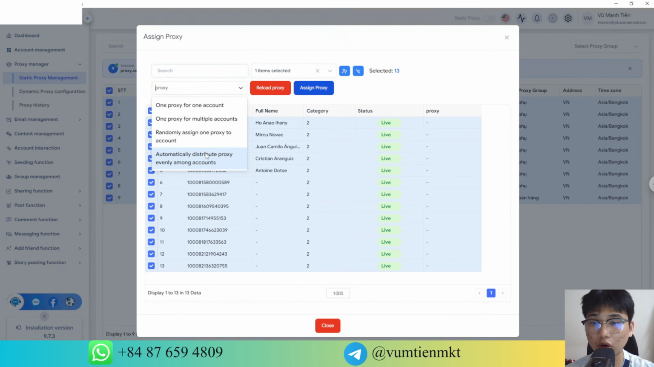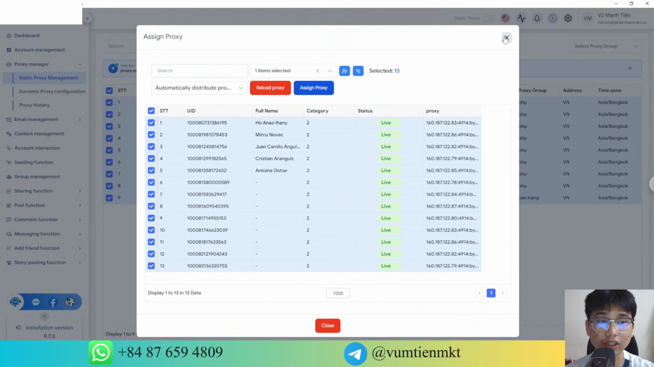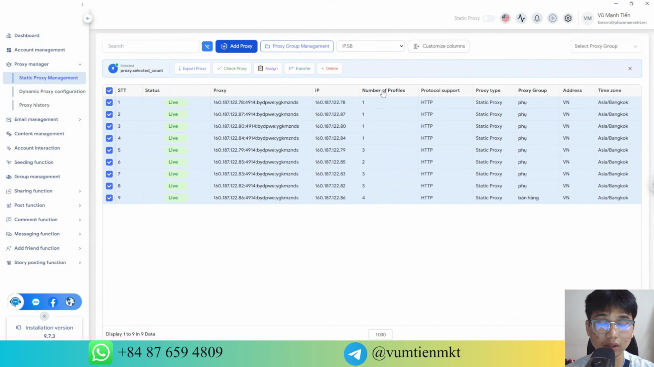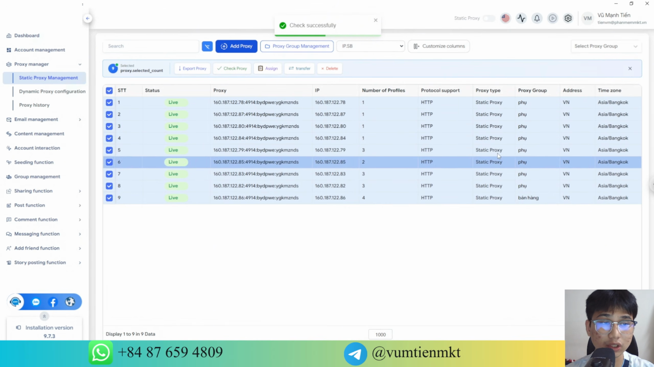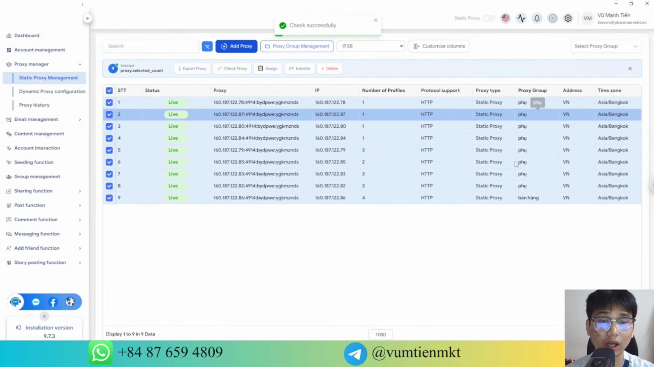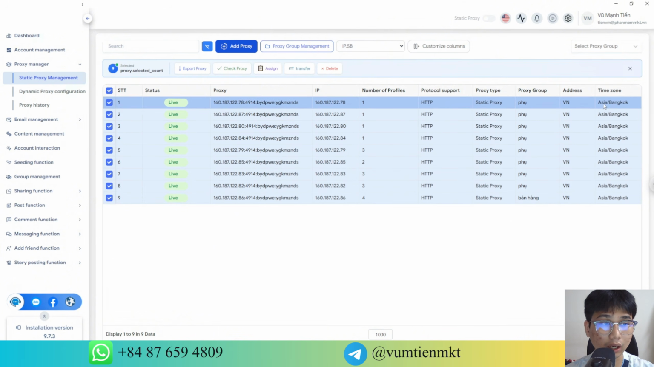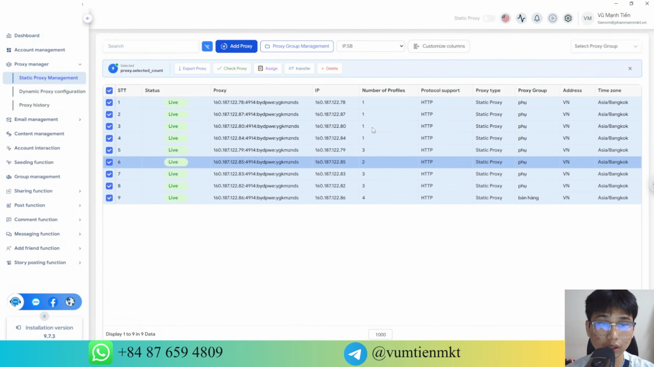For example, if I want to distribute them evenly and I currently have around 9, if you want to distribute proxies evenly among about 13 accounts, you can use the automatic option. The assign option will automatically assign proxies for you. If you want to check, you can find all the relevant information right here. If you paste the proxy here and don't know if it's active, you can click the Check Proxy button here. Then, the system will automatically scan which proxy type it is, which account it's attached to, and the specific time